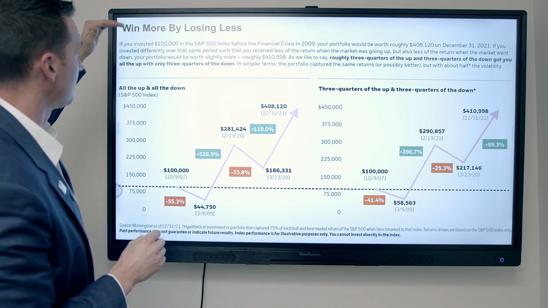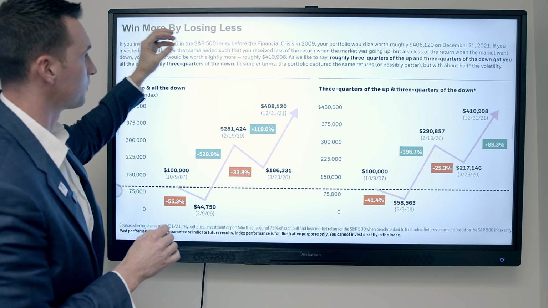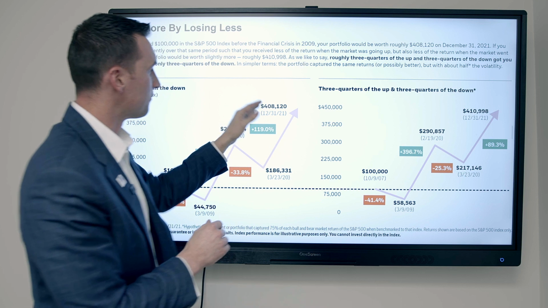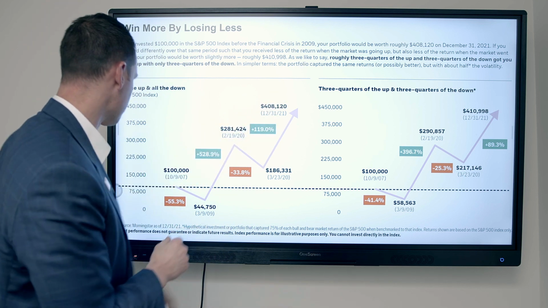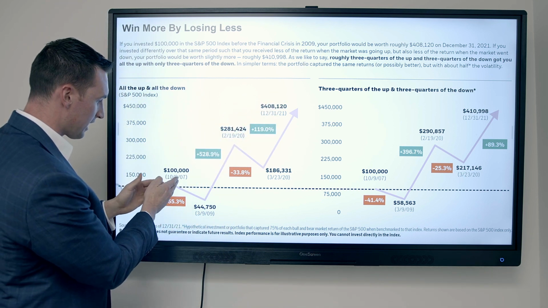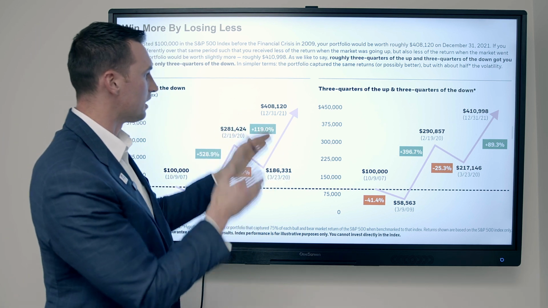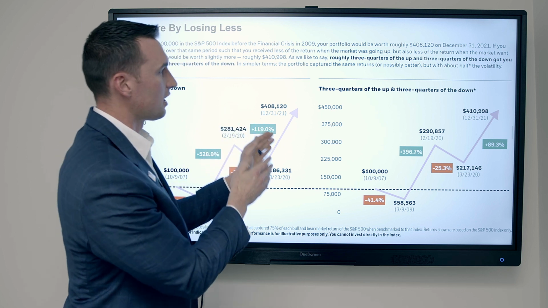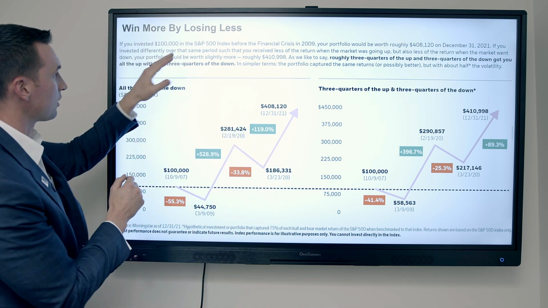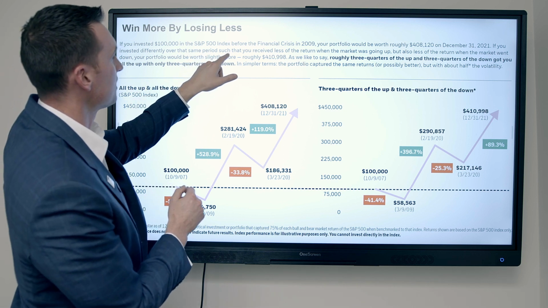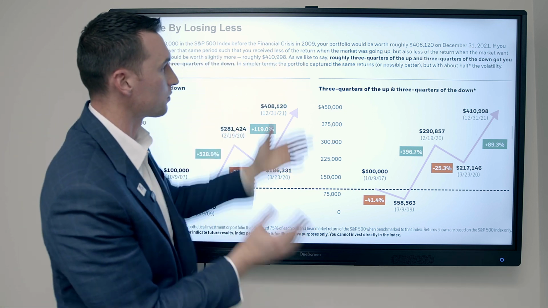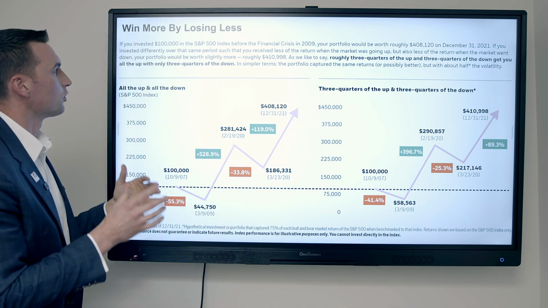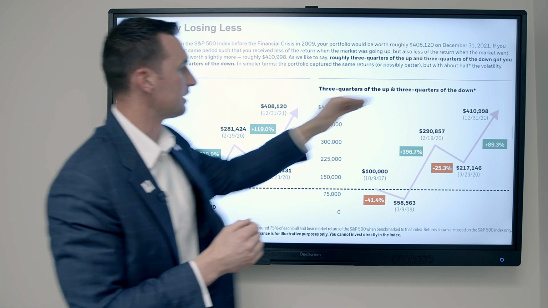So this says, if you invested $100,000 in the S&P 500 index before the financial crisis in 2009, your portfolio would be worth roughly $408,120. So that's going from October 9th of 2007 to 12/31 of 2021. So your $100,000 is now $408,120. If you invested differently over that same time period, such that you received less of the return when the market was going up, but less of the loss when the market went down, your portfolio would be worth slightly more, roughly